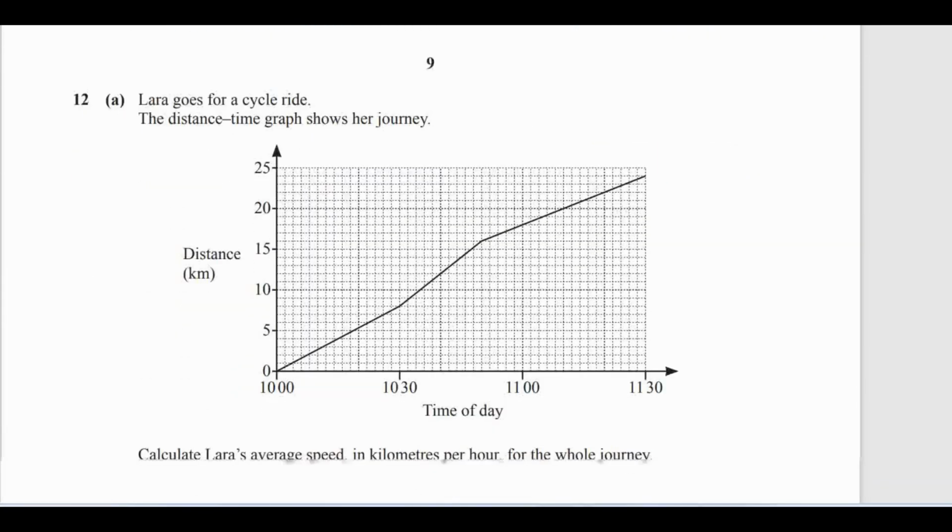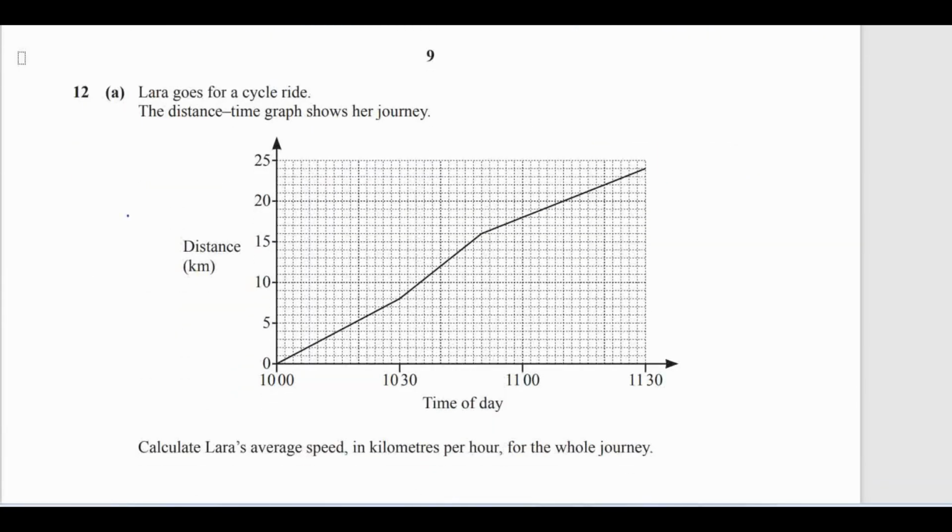Question number 12. First of all, we can see the key points: the distance-time graph shows her journey. Calculate is a command word. Average speed in kilometers per hour for the whole journey. So now, for the whole journey, we can use the total distance divided by total time. So here we can see that the total distance is 24. So s will be equal to